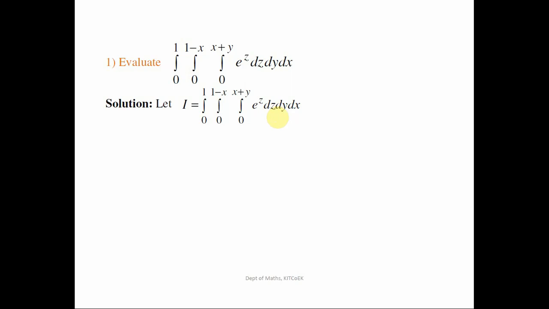And then the result of this integral is to be further integrated between the remaining limits. So the integral which we need to evaluate first is integration 0 to x plus y e raised to z dz. I have written that integral in brackets, keeping the other two integrals as they are. These two integrals, the middle integral 0 to 1 minus x and the outer integral, we keep as they are, dy dx. So let us concentrate on this bracketed integral first.